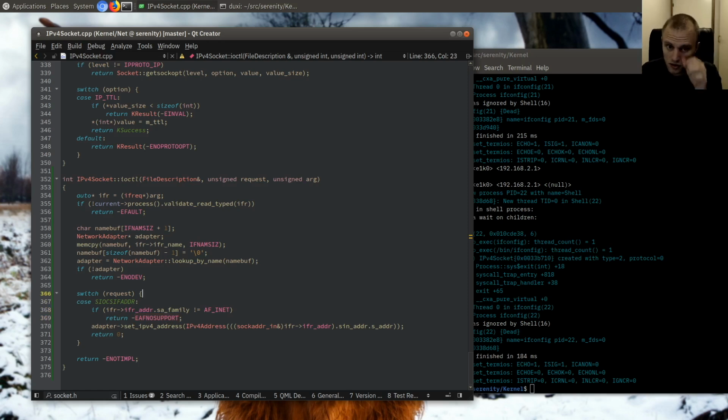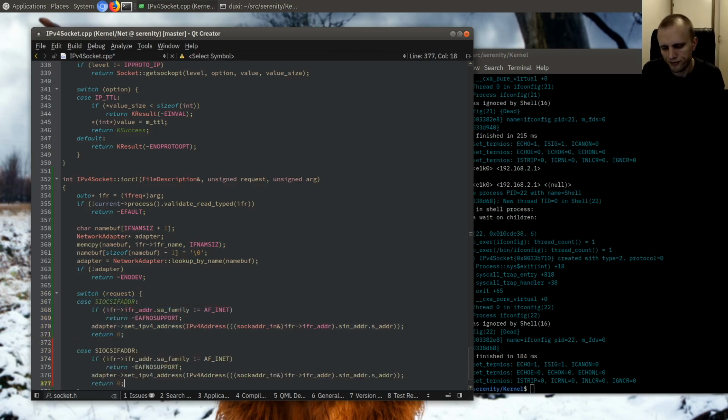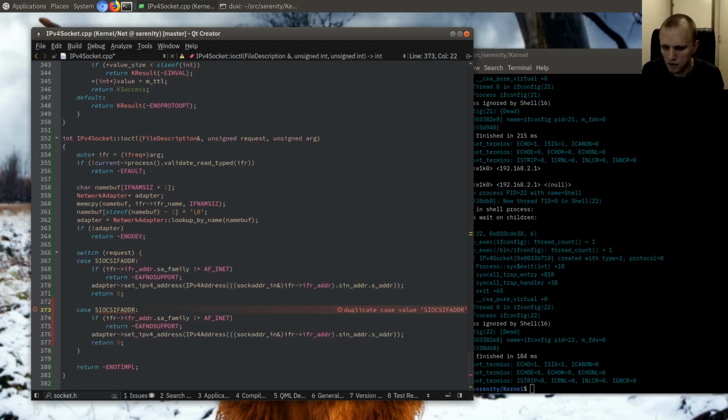And then we can do SIOCGIFADDR probably quite easily. So let's see how that one would look. SIOCGIFADDR. In that case,